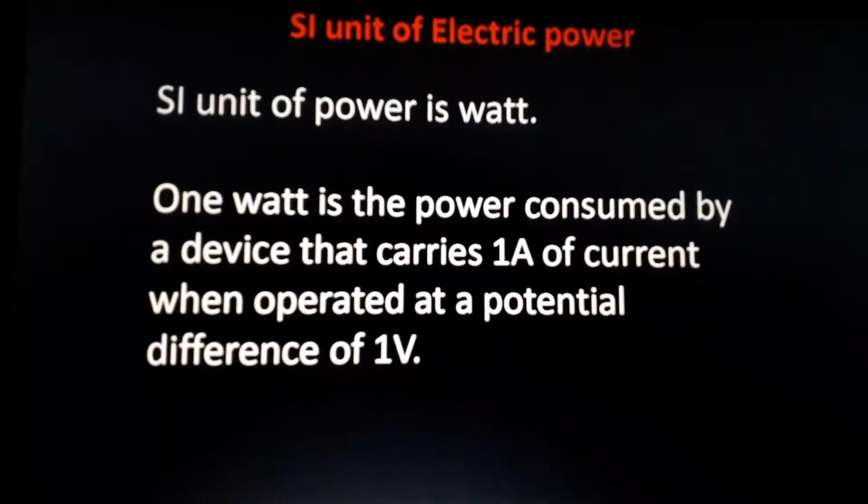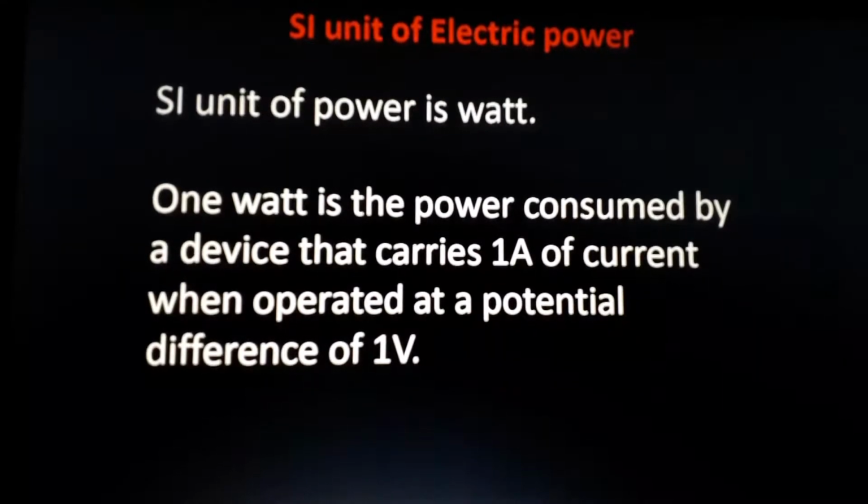If you see the cover of electrical devices, you can see its power mentioned in that. It is called watt, or W. If you check the bulbs in your home, there will be written 10 watt, 8 watt and so on. Whenever the watt is reduced, our current will become very low. Whenever the watt increases, our current will become very high.